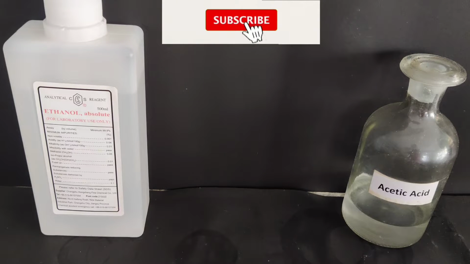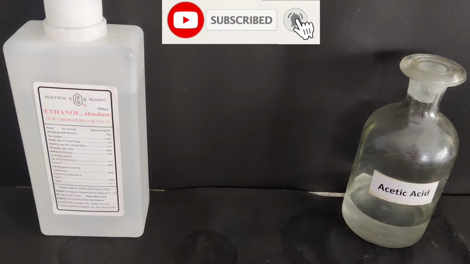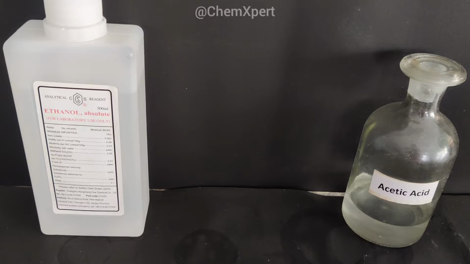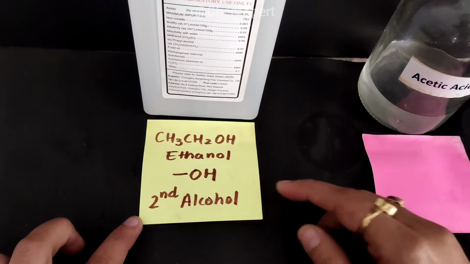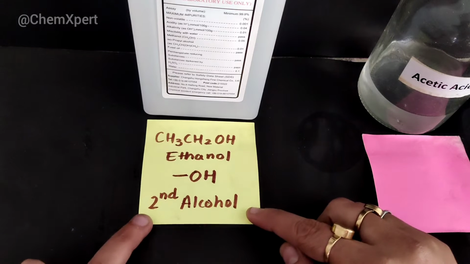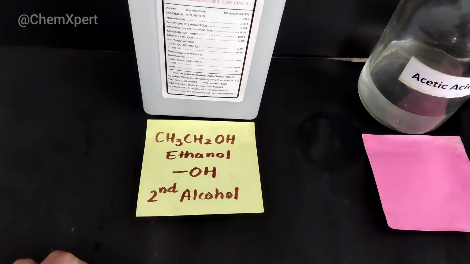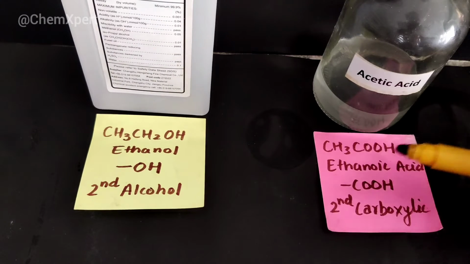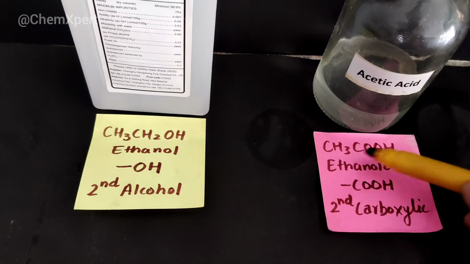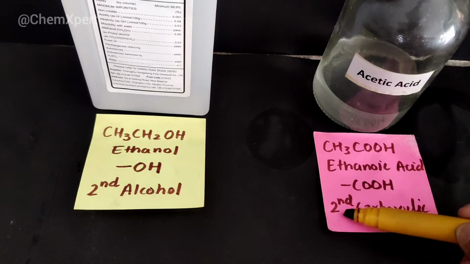Hello everyone, in this video we will discuss one of the important topics of class 10th science, carbon and its compounds, and the topic is to demonstrate the difference between ethanol and acetic acid. So ethanol has the formula CH3CH2OH and it is the second member of the alcohol family, and acetic acid is CH3COOH, which is also known as ethanoic acid as it contains 2 carbons, and it is the second member of